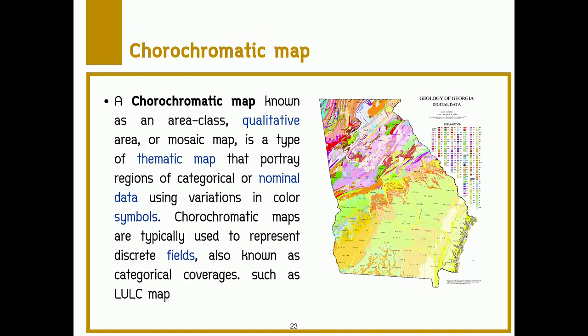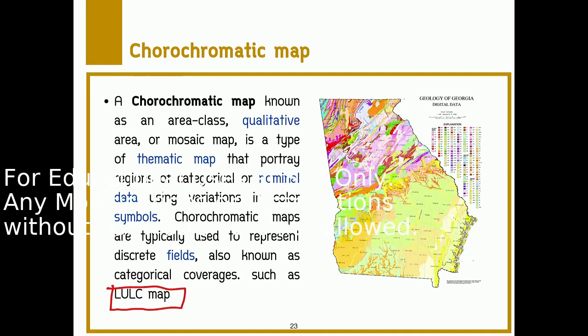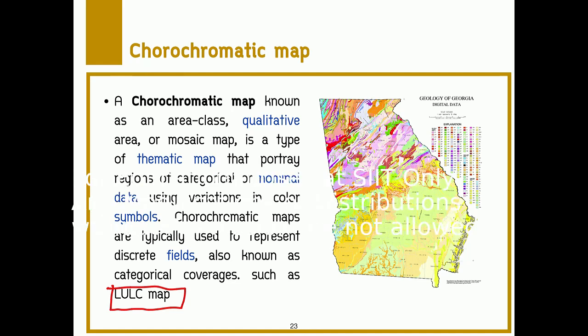So in this case, one of the types of showing location we call chromochromatic maps. Right? A chromochromatic map means qualitative data that can show or can categorize the features. In this case, the data that are very popular to show with a chromochromatic map are land use and